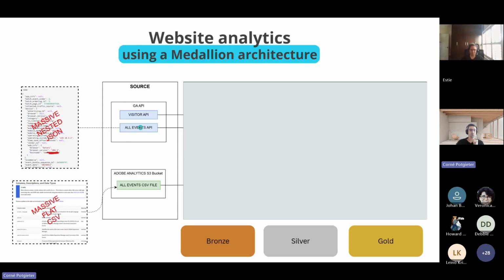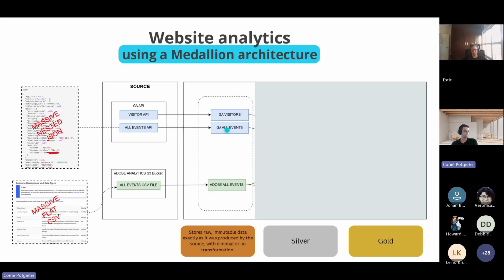These are two tools that I work with, so I use them in my example, but obviously there are more. Adobe Analytics is a bit older solution, so it has a bit more archaic architecture, and it has for example a raw data feed option where it extracts something like hundreds of columns in a very flat CSV file. Okay, so your data engineers have the job of extracting this data from the API as well as the Adobe Analytics. For Google, you have a visitor and the events. And for Adobe Analytics, you have this large CSV file.